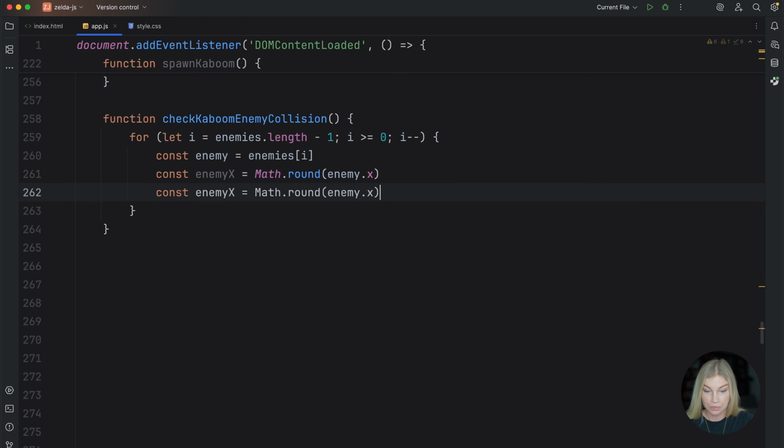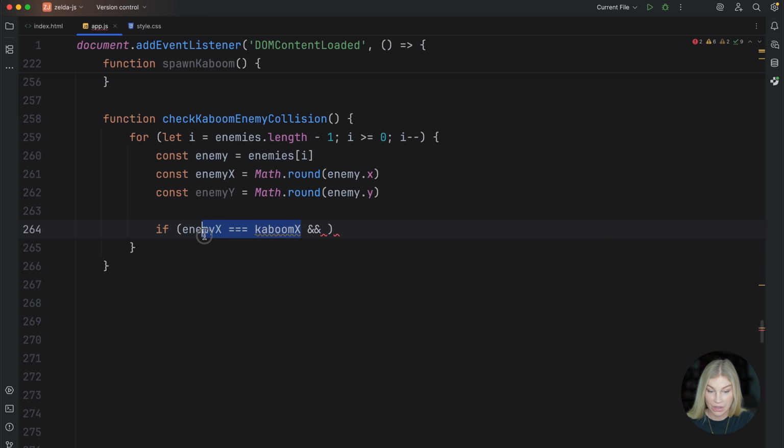Then we have enemy y, enemy y. And if any of these positions, so if enemy x equals kaboom x and enemy y equals kaboom y,